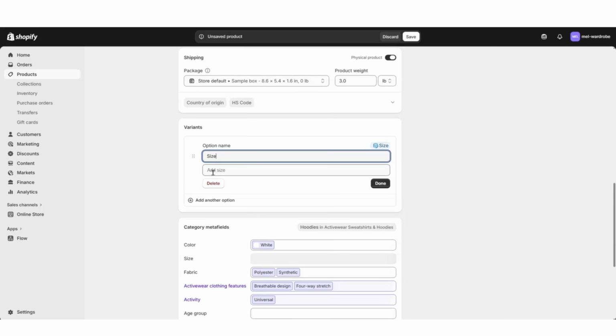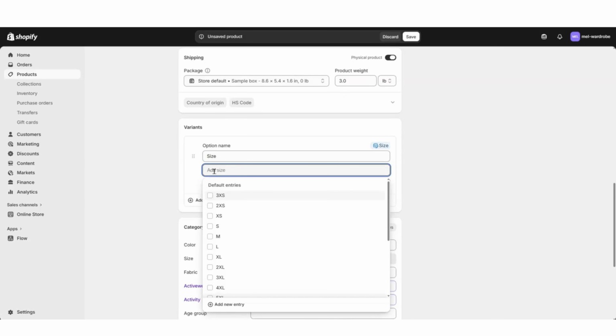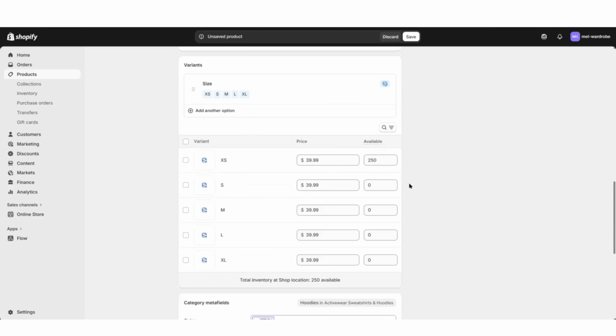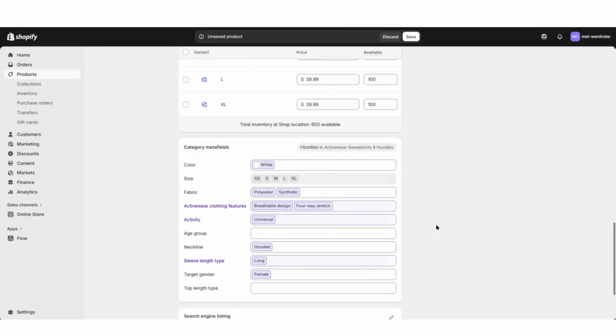And here where it says Add Size, you can begin adding the different sizes to your product. Once you're done, click Done. You can set different prices and the different inventory amounts for each variant. And then as you scroll down, you have some other sections that you can edit, like your category and meta